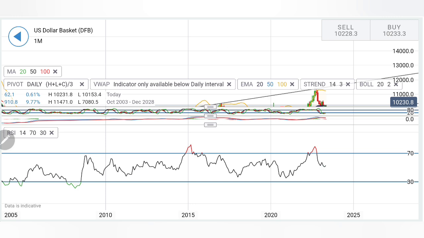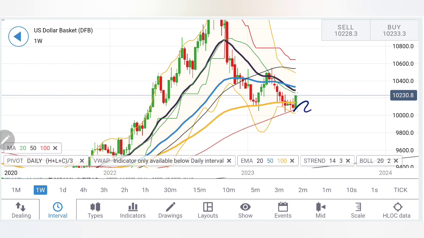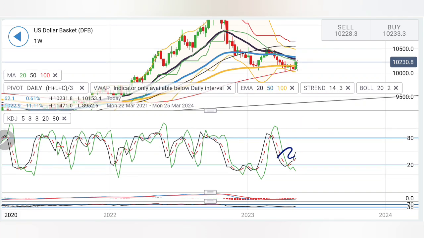Now stochastic was overbought and has dropped a bit. This is on the monthly charts. Look at the weekly. On the weekly charts, it is taking the support from the 100 period simple moving average. Now you can also see the 20 and 50 period moving averages have crossed over. This is a bearish indication. Also the super trend is on sell at the 106.5 level. The Bollinger Bandwidth at the bottom has given it a very good support at 100.5 levels.